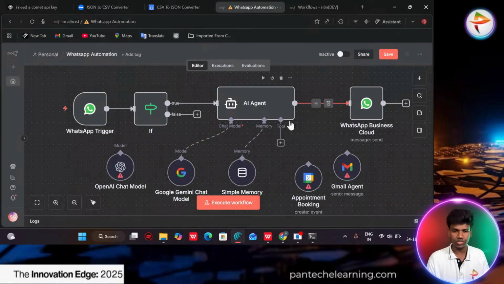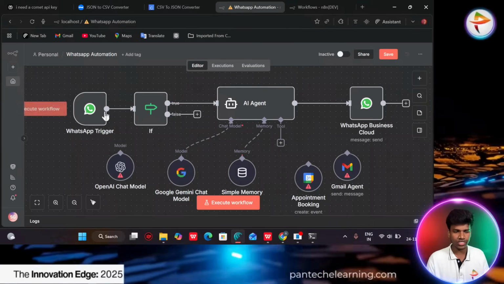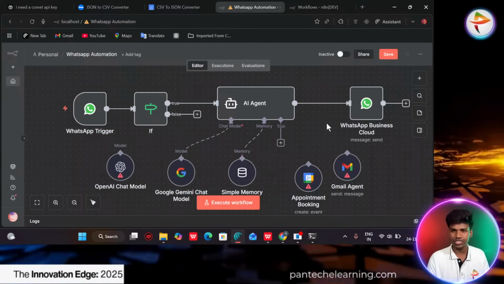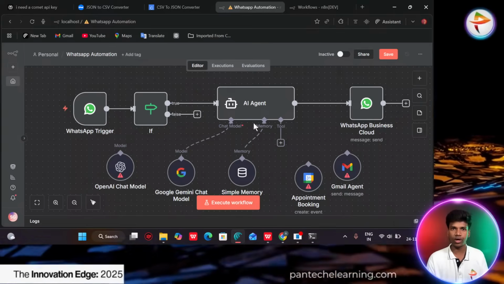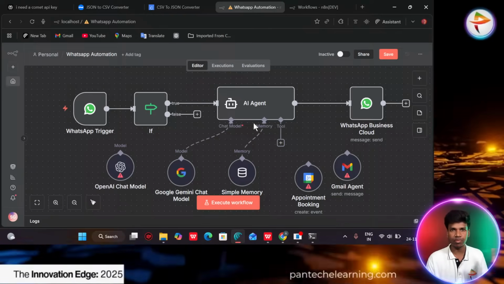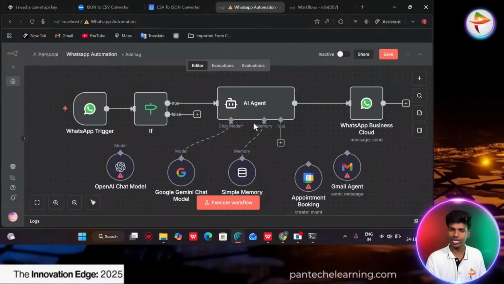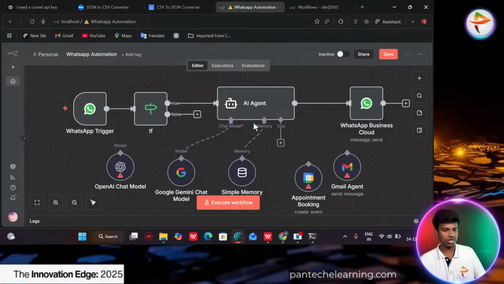So internship users, I can share this entire JSON file, so you can easily access this trigger. Every node and everything is there. You can just connect with your client ID and the secret key, API key wise. You can connect with this node. You can easily access it. Okay, so don't worry about that.